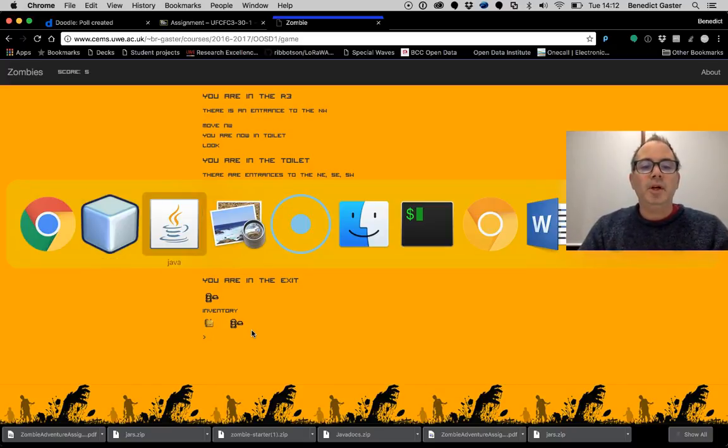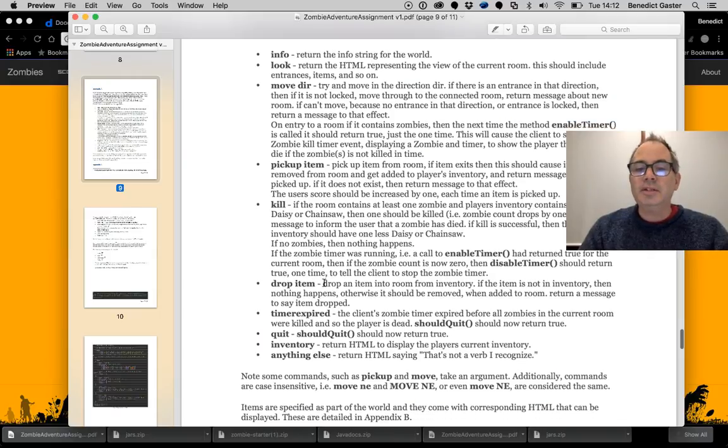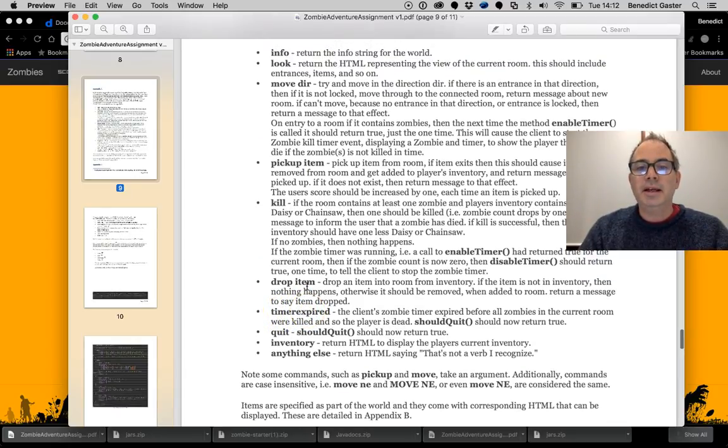If you see, we'll go back to the manual here. There are some other commands. You actually have seen all of these working, except for the quit. That should just quit. But I had timer expired, which is not something that you would generate. What happens is you go into the room, the front end does the timer. If the timer gets to 0 before you get a message back saying all the zombies have been killed, then